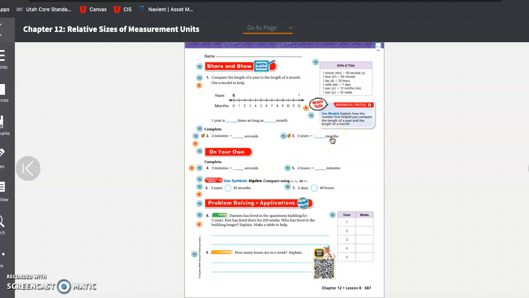Okay, so now going down here, I want you guys to complete 4, 5, 6, 7. Go ahead and pause this so that you can do those. And when you're done, go ahead and just hit play again. Okay,